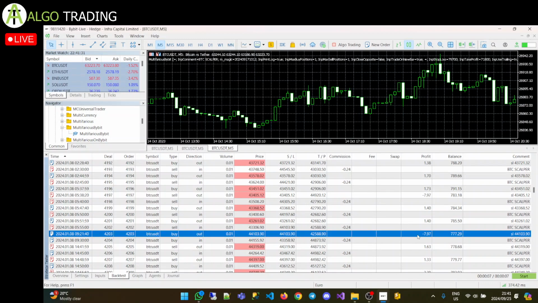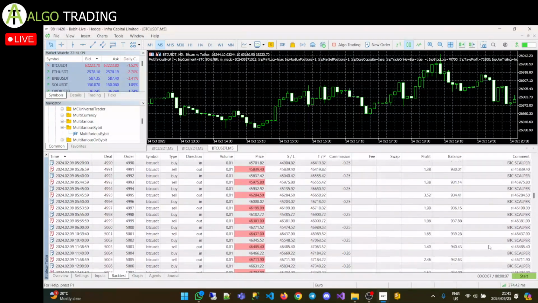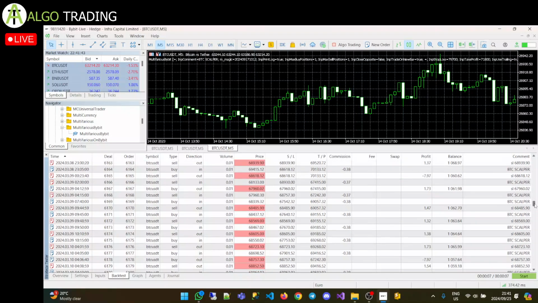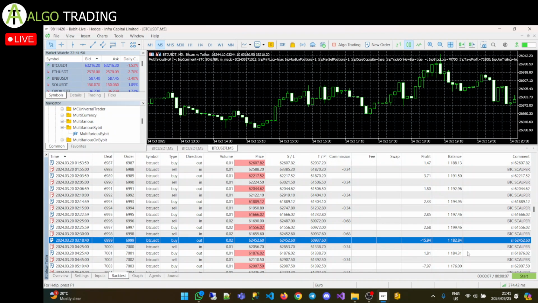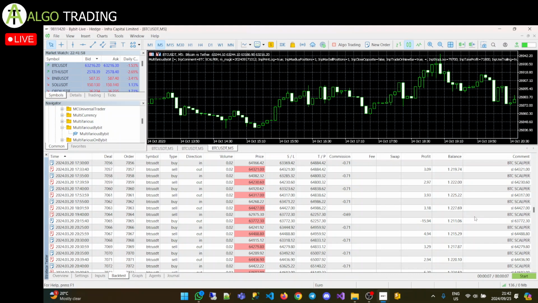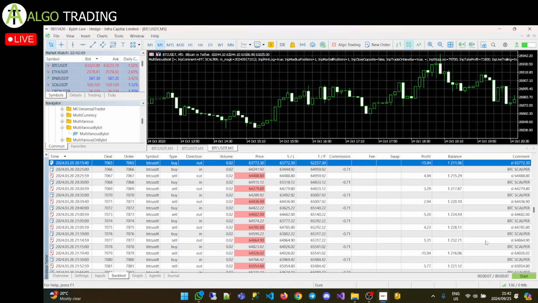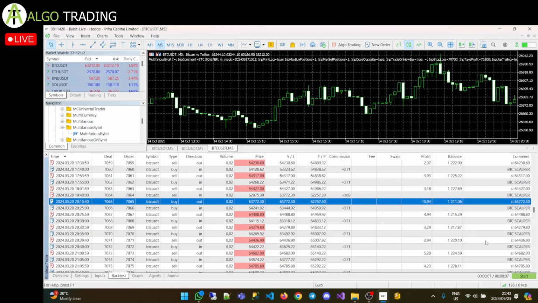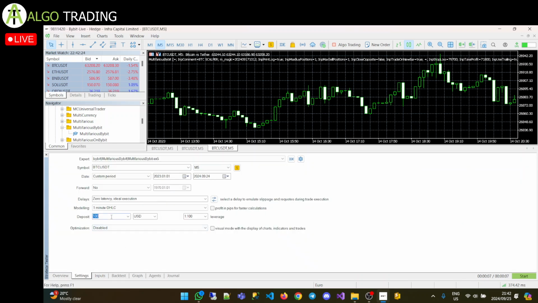So you can see, now this is only 1% of our equity, and then you'll see from about here it will start changing to 0.02, because we can increase the lot size. Only at about $1,200 does it actually start increasing the lot size. And then we're risking slightly more than 1% of the equity. So that is the caveat when having a small account and using the algo and trying to risk 1%, but you actually can't risk 1% because you don't have enough capital in your account to risk 1%. So now there's an even safer method, that if you deposit $1,000,